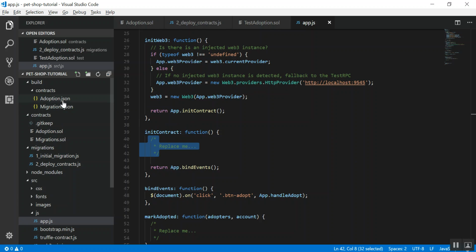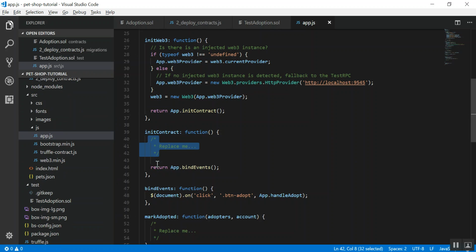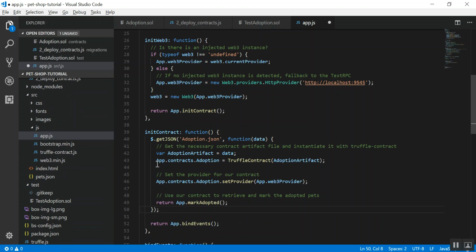So it takes in this adoption.json and then installs it in the Truffle developer console blockchain. So it's straightforward. We got the JSON file as the data, and we took that artifact and we created the Truffle contract, and we assigned it to app.contracts.adoption,